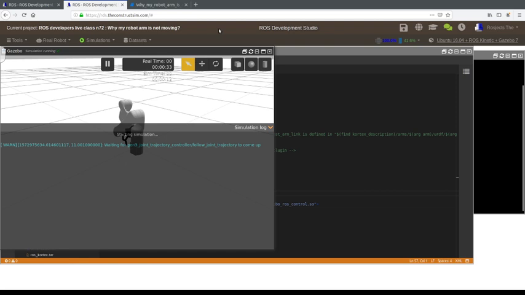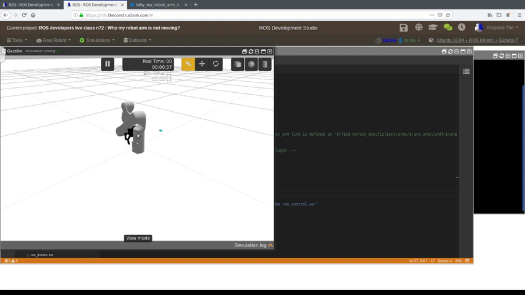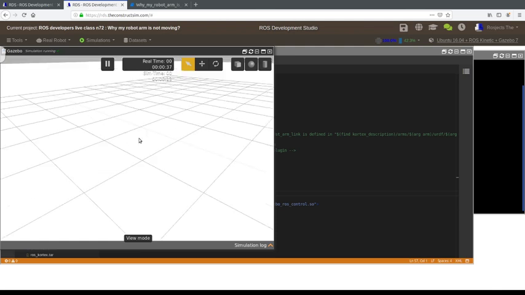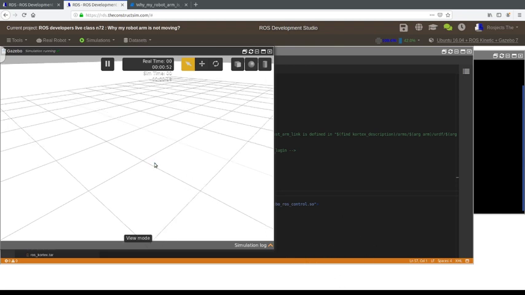So let's continue then. Okay, so here we have the simulation, but still the robot is like this, so it's not showing properly. What can it be? I don't know. I have no idea. And then it disappeared. Yes, definitely there are some problems in the connection here, and it's very likely that it's due to the fact of the